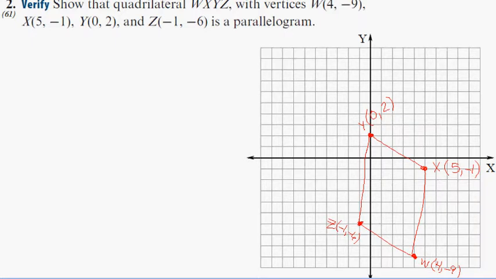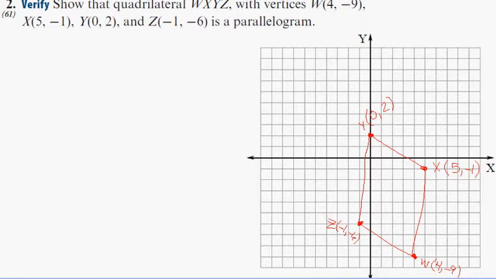Okay, number 2 asks us to verify, which means we're doing proof. Show the quadrilateral WXYZ with the given vertices as a parallelogram. I've already sketched it, and you should sketch it as well. And now what we need to do is use one of the properties of a parallelogram to show that it